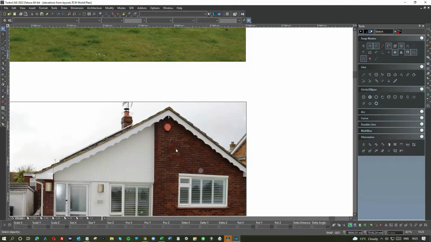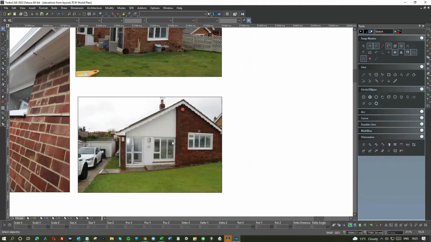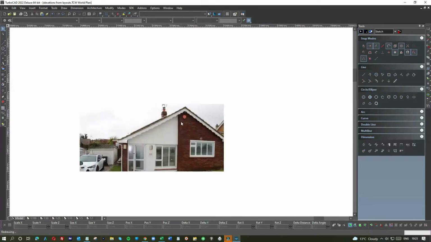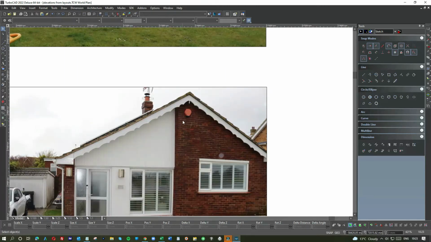That's the house next door, by the way, on this one. So is it a house next door? Let me think. No, it's not. This is actually all one bungalow. I was getting a little bit crazy there. Right, so